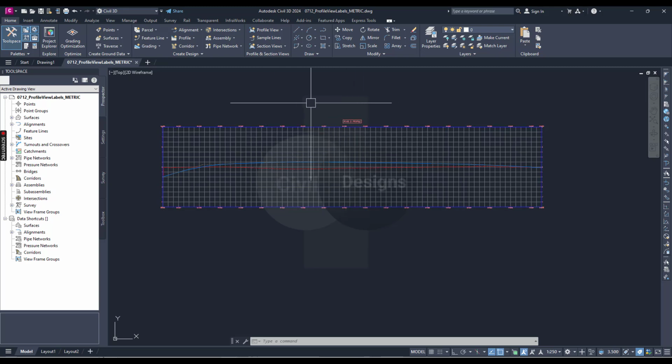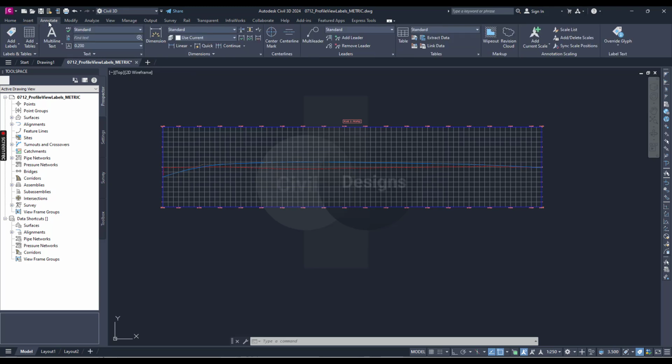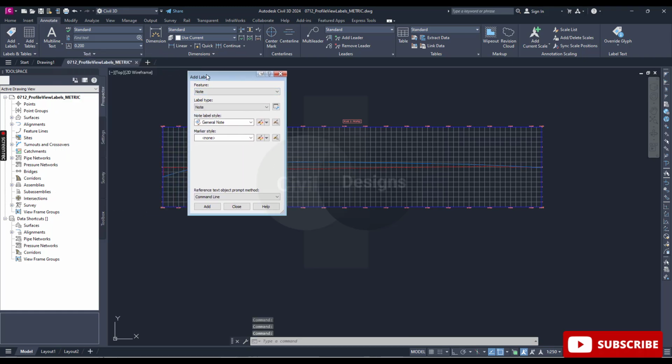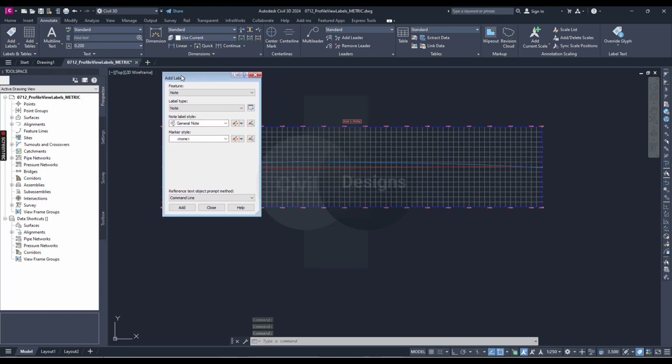From the annotation, labels and tables panel, just click here, not here. Okay, add labels. So the add label dialog box will appear. In the feature drop down here, just select profile view,